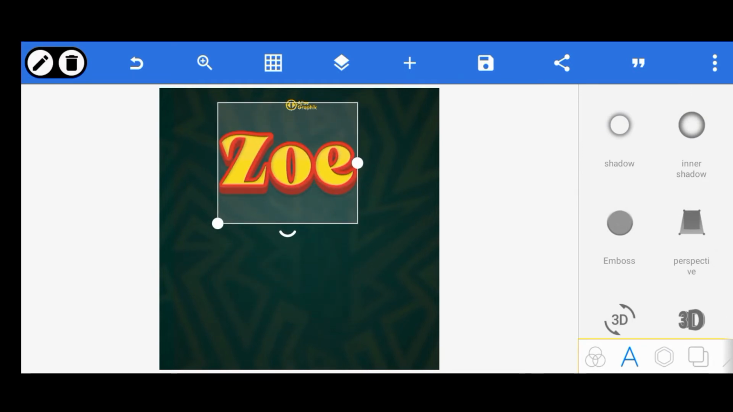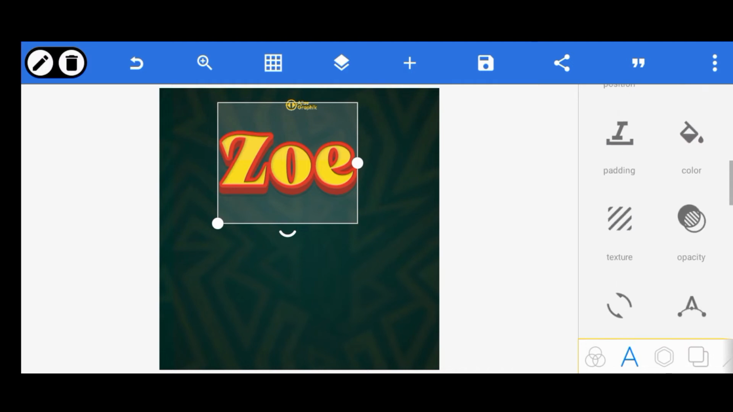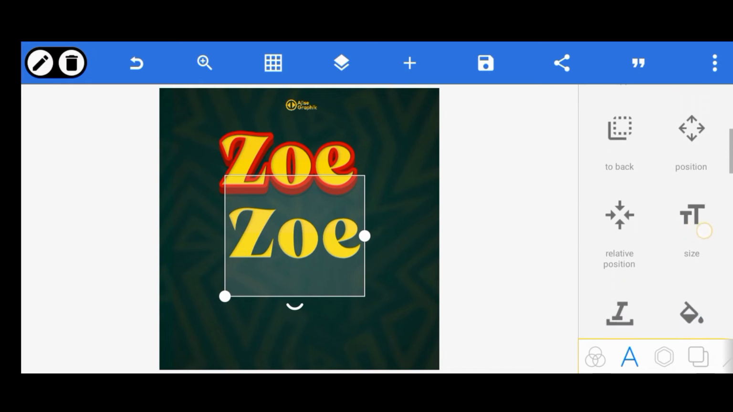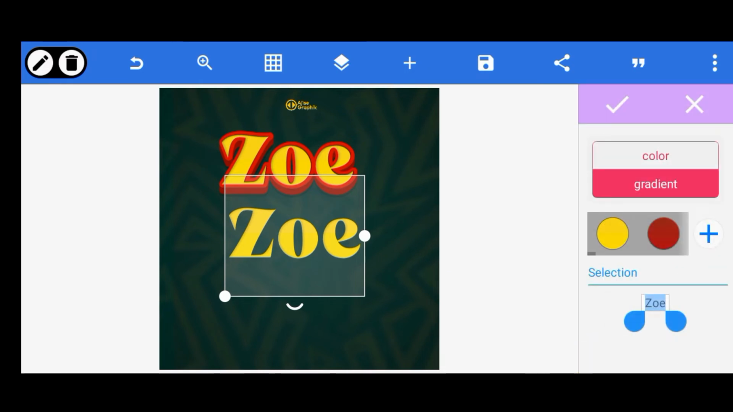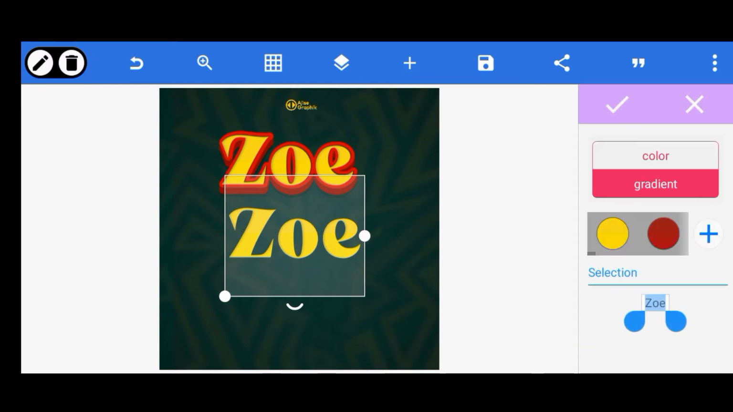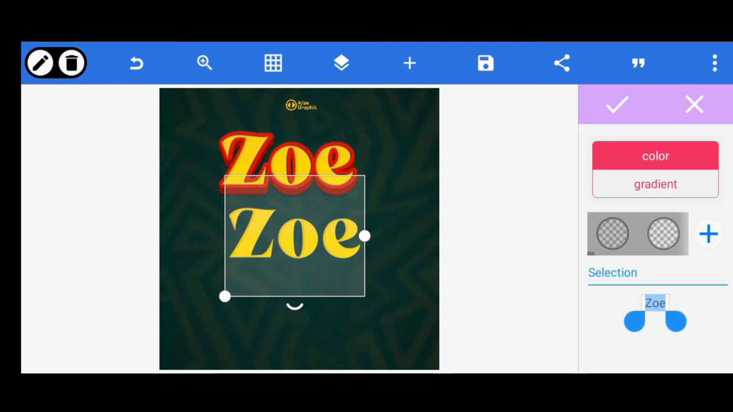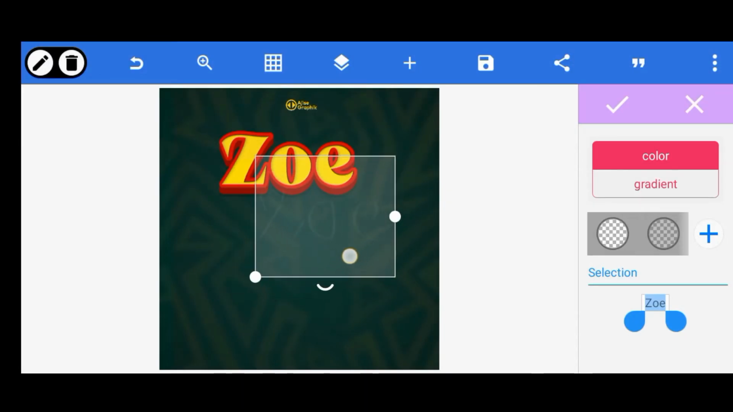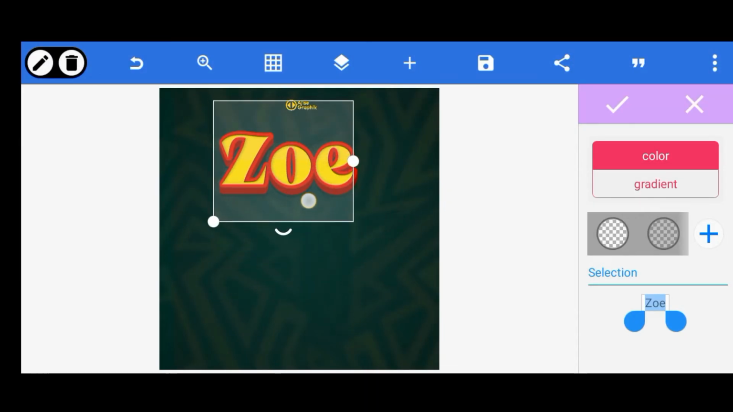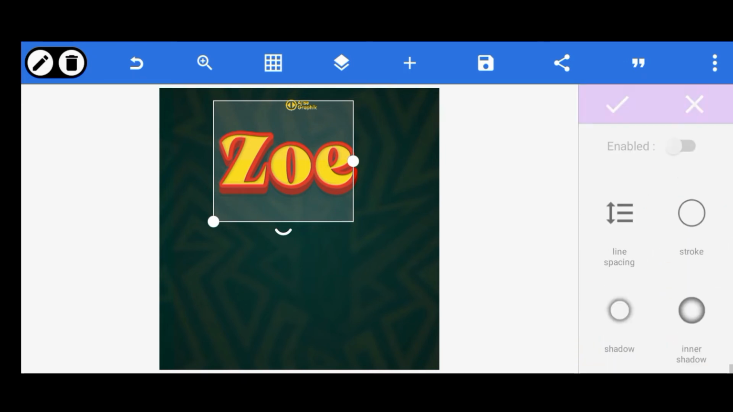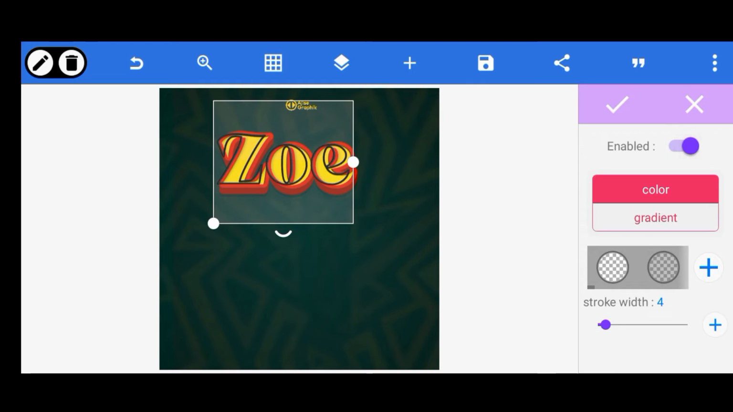Then you want to copy it again. Now this time around, go to the text, go to color. Now I'm on gradient. Tap on color, then click on the plus icon, then reduce the opacity to the end, then click on the check mark. Can you see the effect it's giving here? Now just place this here, then check mark it, then go to your stroke, turn on the stroke, then increase it by 2,